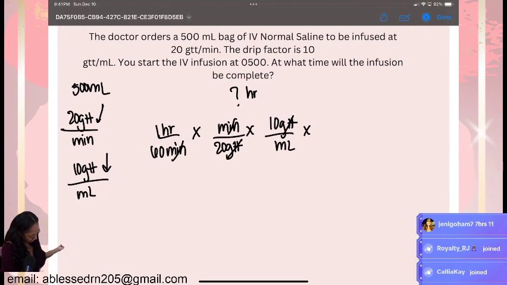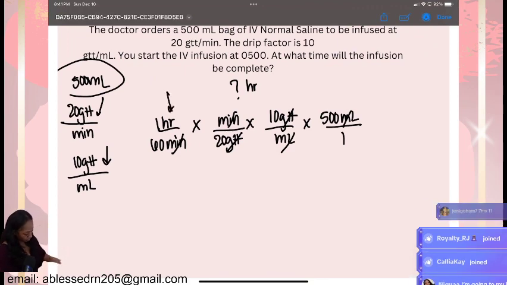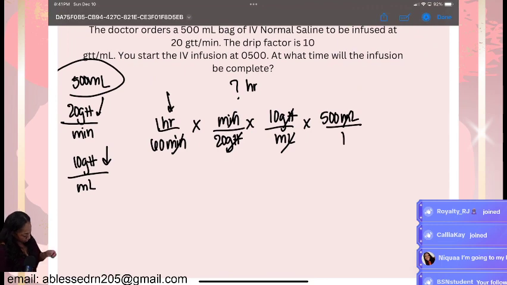And we have milliliters on the bottom. We need milliliters at the top to cross out. And look what we have. 500 mLs. And we'll put it over 1. Milliliters is gone, and the only thing that is left is our goal, which is hours. So we'll multiply across the top, multiply across the bottom, and divide. So 10 times 500 divided by 60 divided by 20. And that is going to be